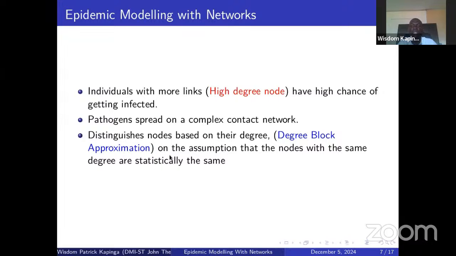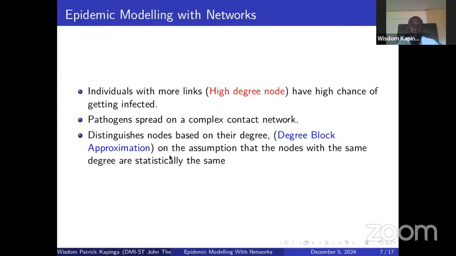So we group together those people who have the same number of contacts, and we develop a model for this group. Then we also group another set of people who again have the same number of contacts, and develop a model for that, so that you have a model that tells you exactly that this group of people gets into contact with this number of people, and from there you can have a very accurate